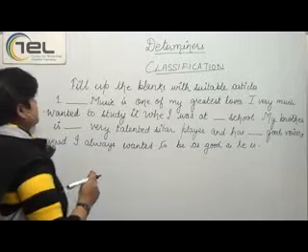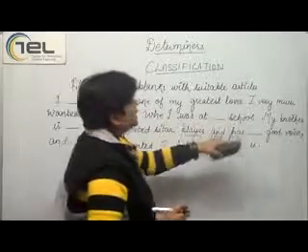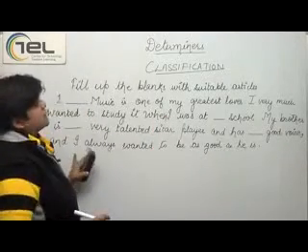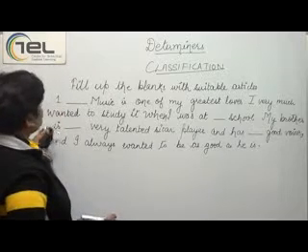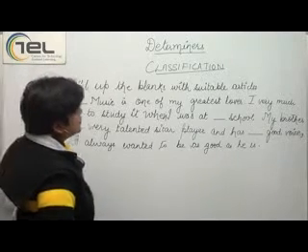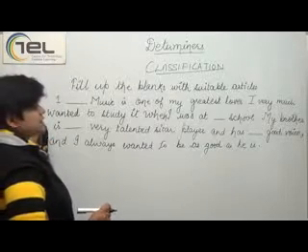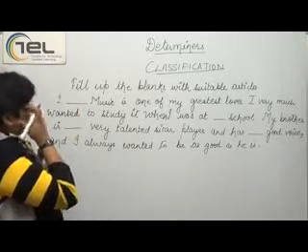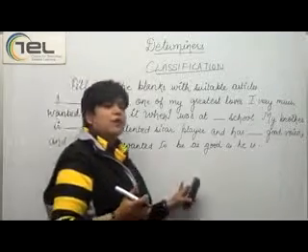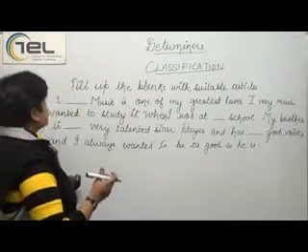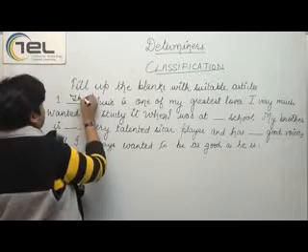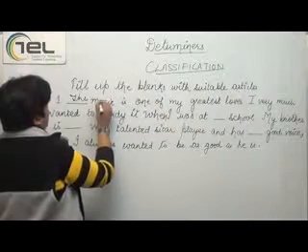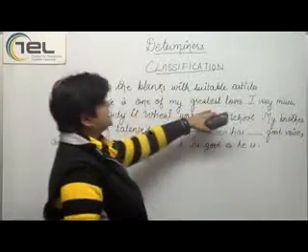Now, see this sentence. Dash music is one of my greatest loves. I very much wanted to study it when I was at dash school. My brother is dash very talented sitar player and has dash good voice, and I always wanted to be as good as he is. Now in this first sentence, in the very first part of the sentence, we have dash music. Now music is something that we cannot count, so it's an uncountable noun. We'll use the music here. The would be used. The music is one of my greatest loves.